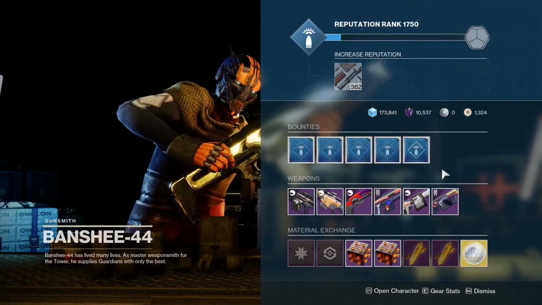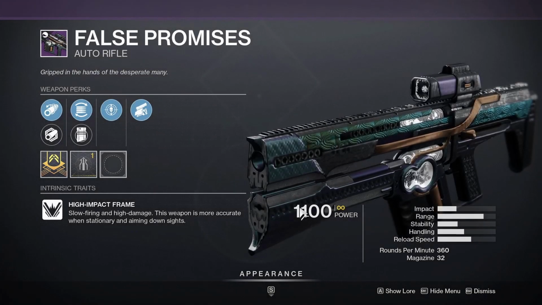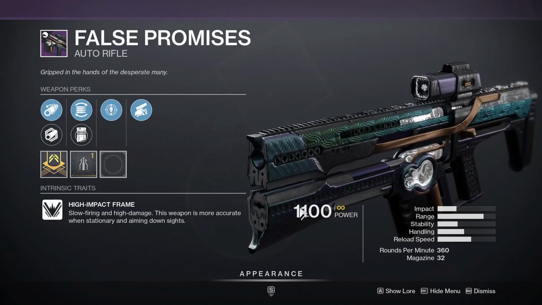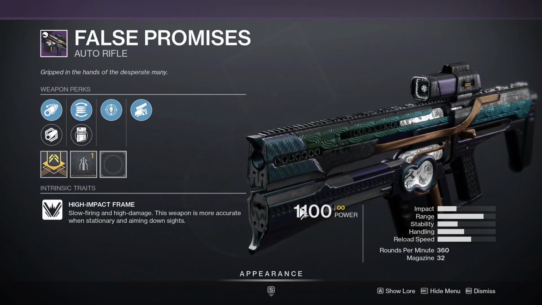Does Banshee have a god roll? Let's take a look. Starting off with False Promises. I feel like this auto rifle really gets shafted when it comes to people's opinions of it. And that's because in my experience, this requires a very strict group of perks in order for this to actually